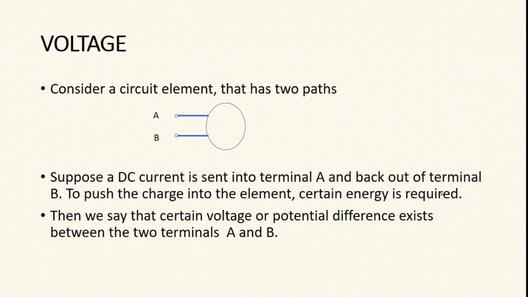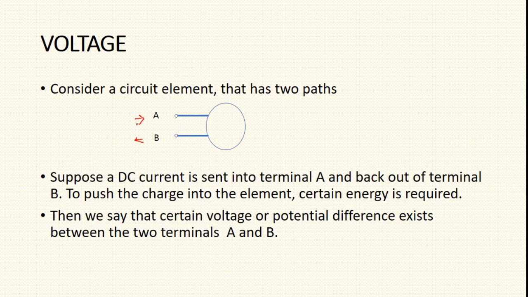Right. So we saw what is current. Next, let us come to a term called voltage. Now let us consider this particular element. This is some random source represented by a circle, and there are two terminals: terminal A and terminal B. I am going to send a current into terminal A, and this current is going to come back out through terminal B. I'll repeat once again. I'm having a source here. This circle represents some element, let it be anything. This element has two terminals A and B.